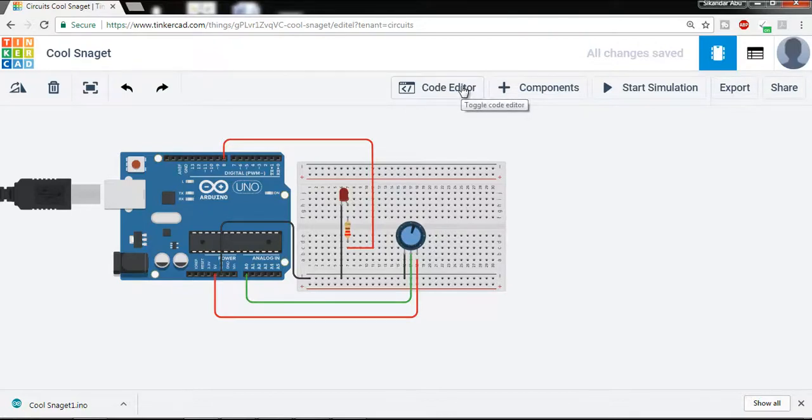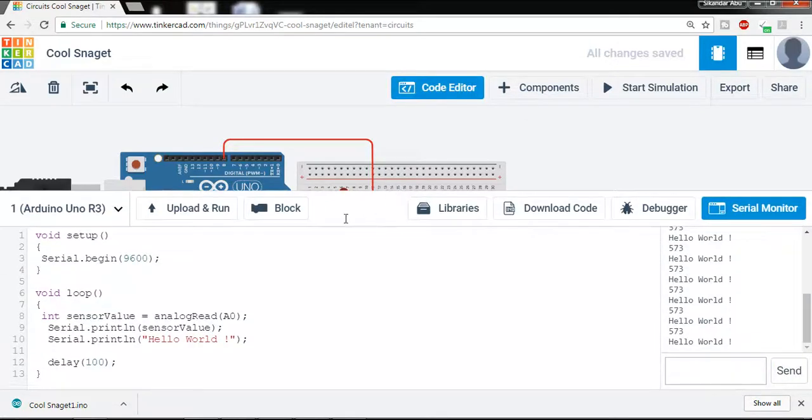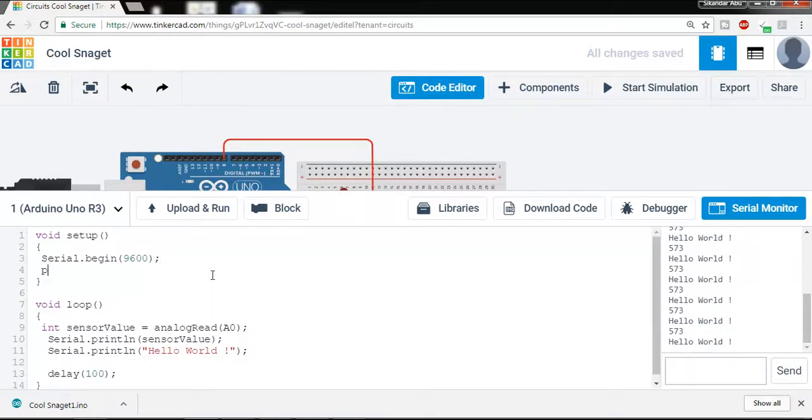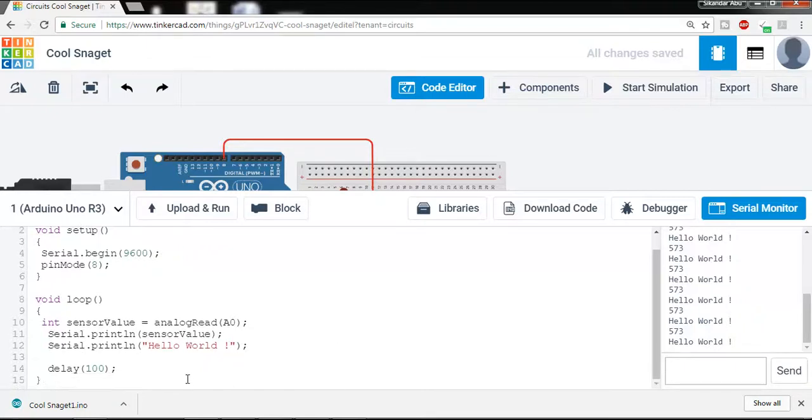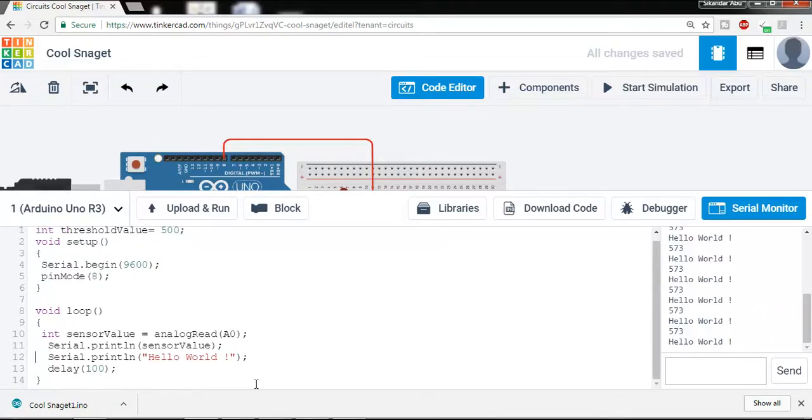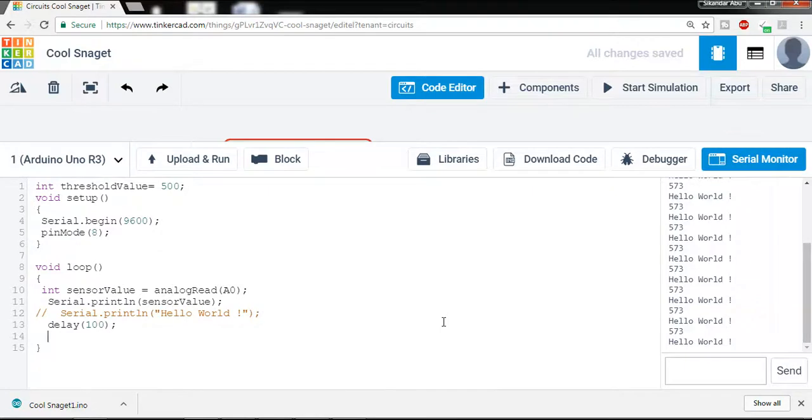So I am going to the code editor, and first of all I need to declare the pin mode in the setup. I used this pin mode command earlier in my previous tutorial, and here I am using pin number 8, so I am declaring pin 8 as a digital output pin, and I need to declare one variable, threshold value. I am fixing it here as 500, and in the loop, if I just remark it here, that means comment it here, and if I write like if